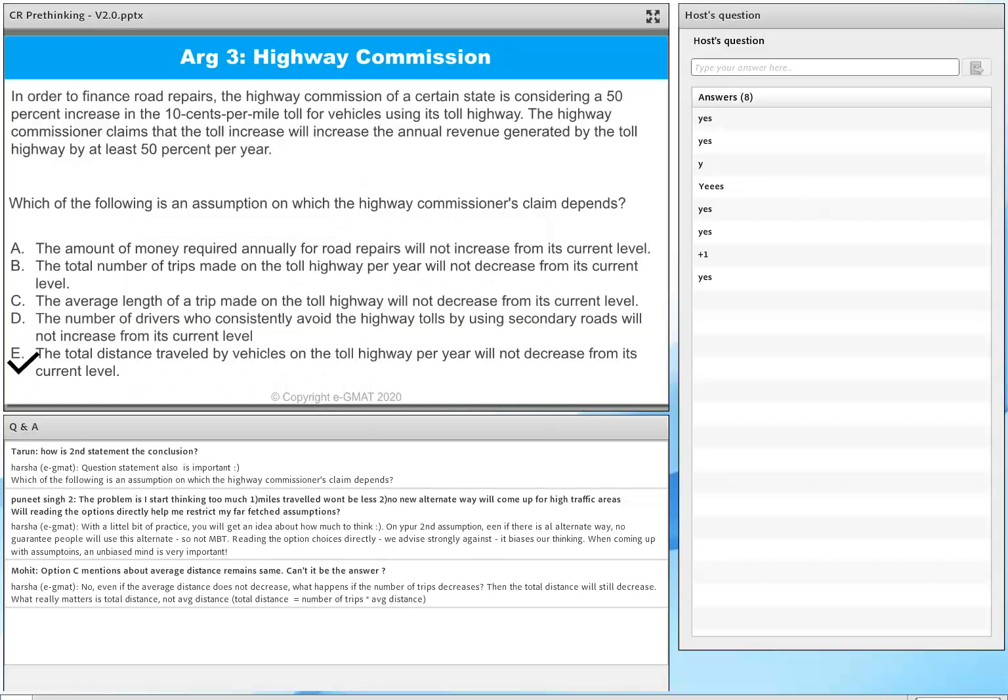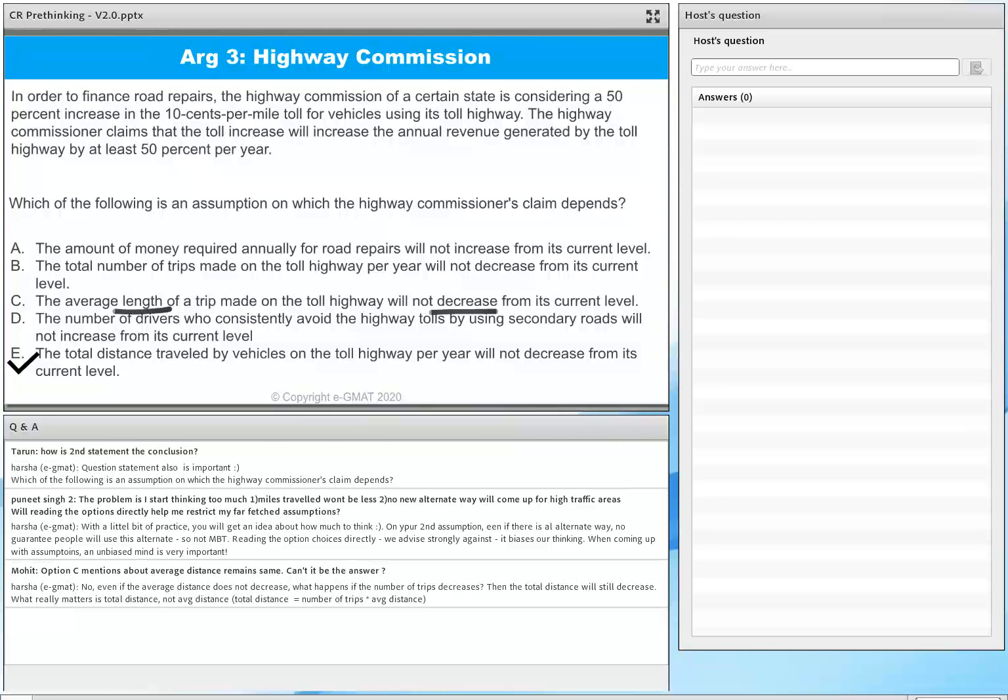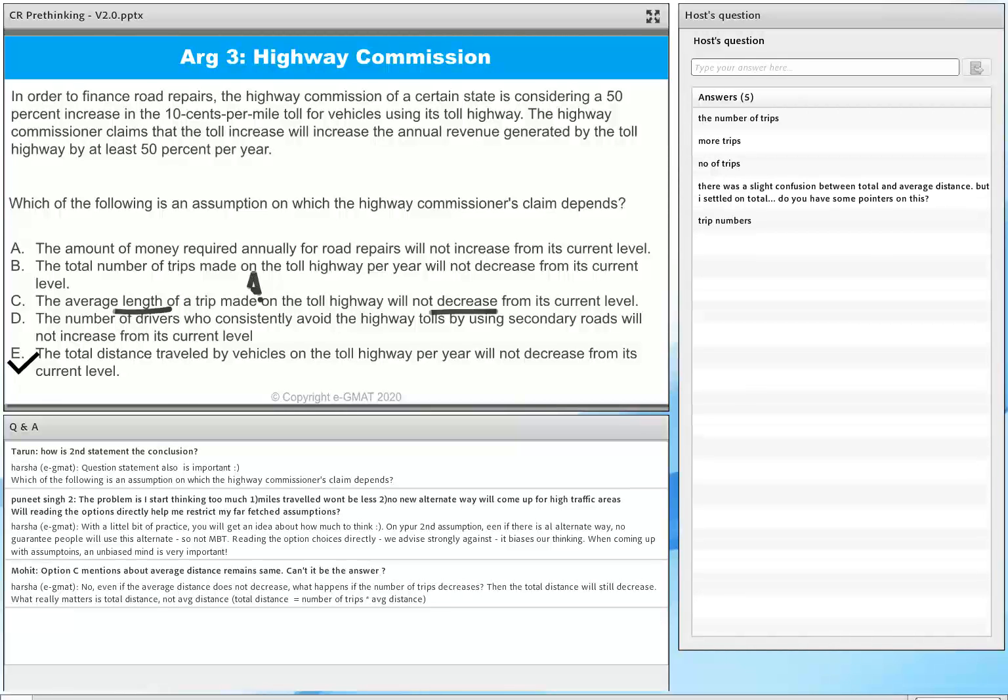Okay. Now let's look at other answer choices. Some of you have talked about choice C. Choice C says the average length of a trip will not decrease from its current level. What happens if the average length of a trip does decrease from its current level? What can compensate for average length of a trip? The total number of trips. Yes, you can get more trips. It's actually the opposite of choice B, right? If you think about this versus choice B,